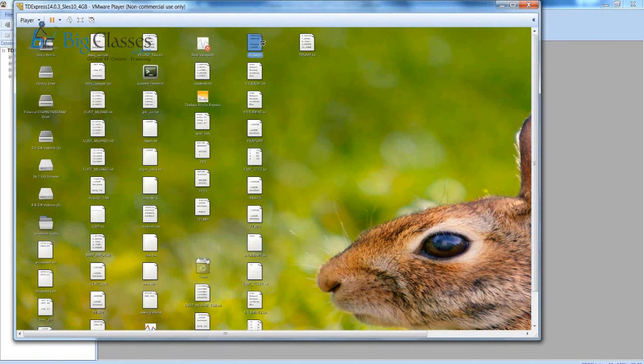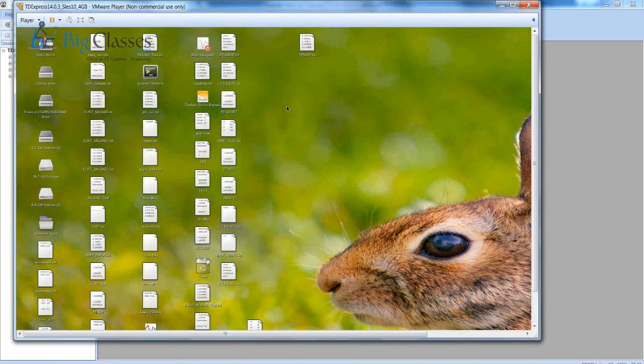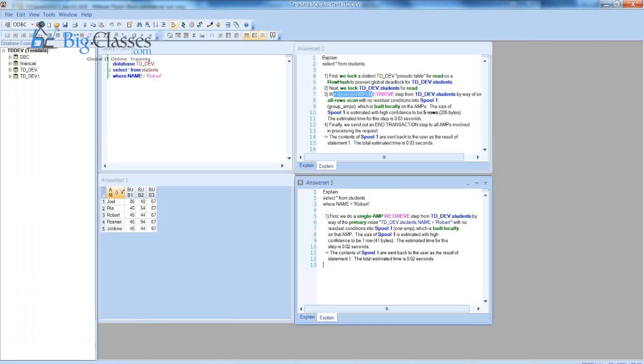In real time, we may not be using the Teradata server directly to write queries, but more or less a Unix server is required to write your BTEQ scripts. So we are using the same thing here, and it is pretty much similar to the real-time environment. We need the VMware player and the SQL Assistant for you to practice.